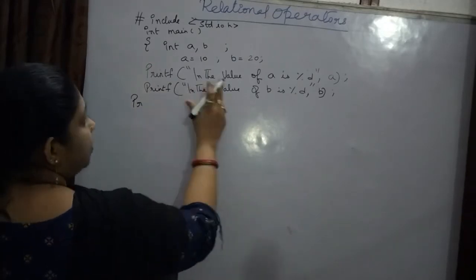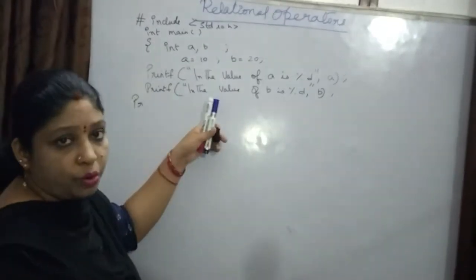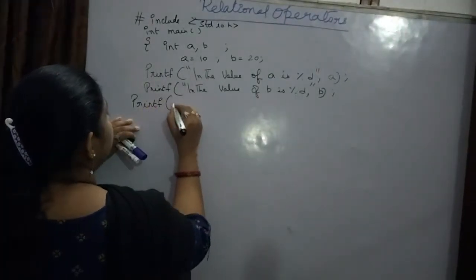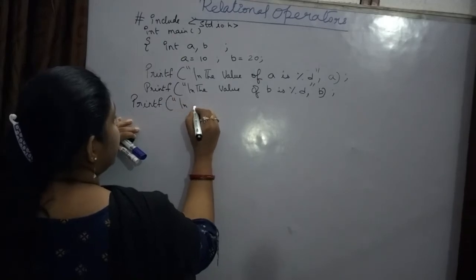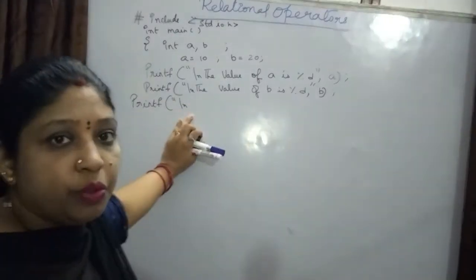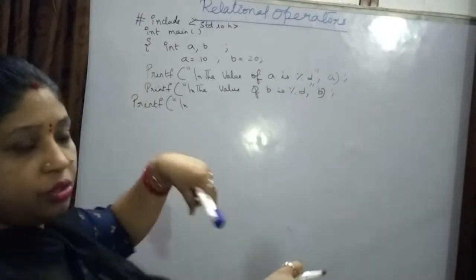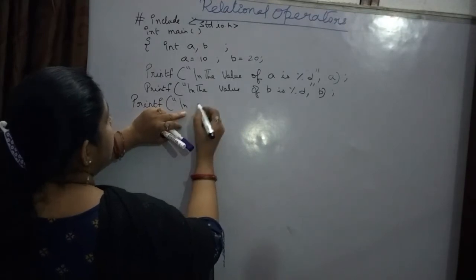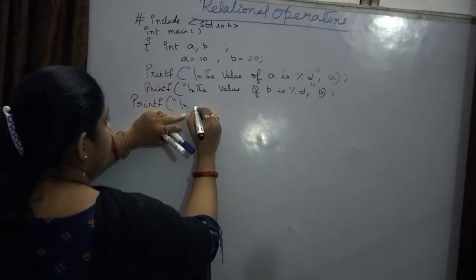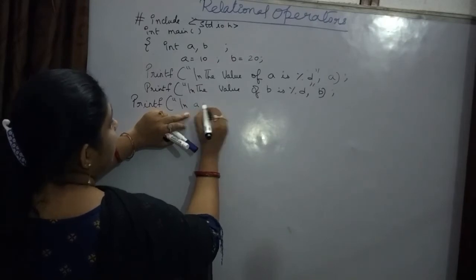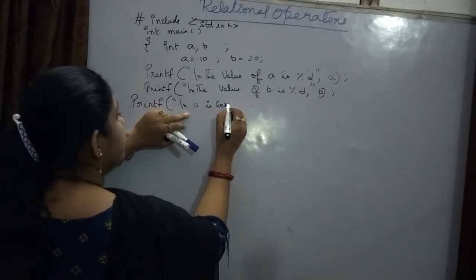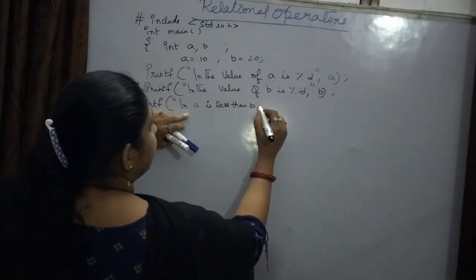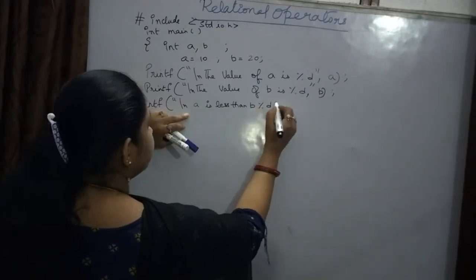Next, don't worry about the outputs. I will discuss about the outputs afterwards. Let me write the program. Okay, printf open braces \n. Now from here I am using operators, relational operators. You just check it out. Now what I want to print there, whether a is greater than b, or a is less than b. Now a is less than b. I want to print the value.